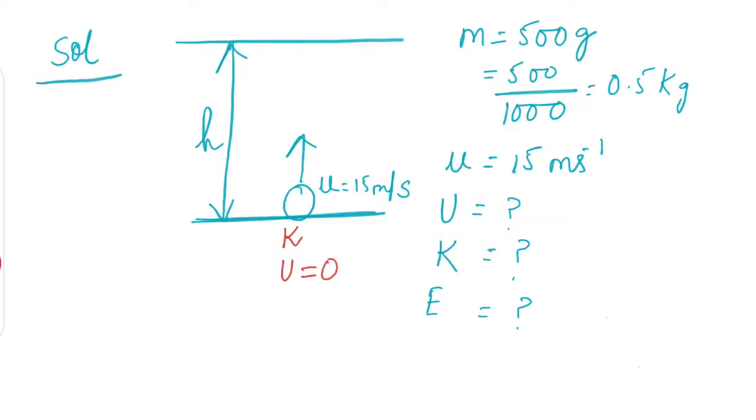Why? Because you have thrown it from the ground level. So it will have only kinetic energy. But we don't know how much is that kinetic energy. So the total energy at this point, say I am naming this point A, the total energy will be kinetic plus potential. Potential is already 0, so the total energy at point A is going to be your kinetic energy.